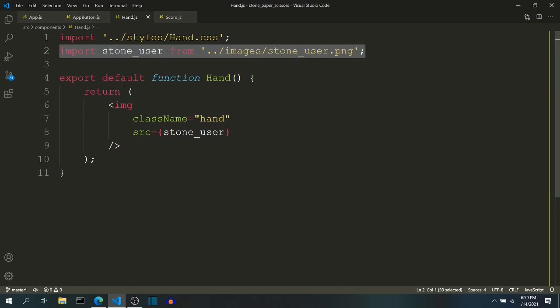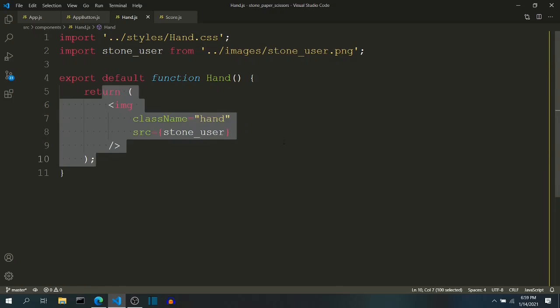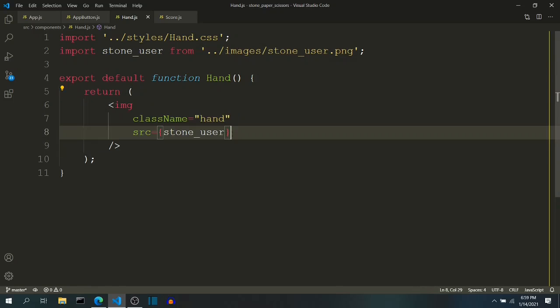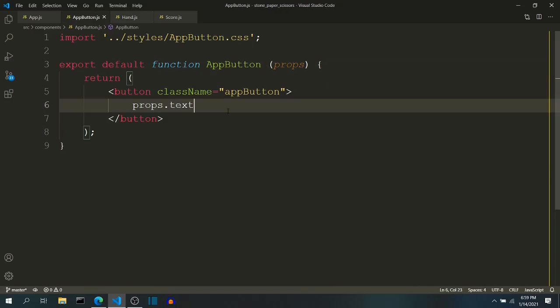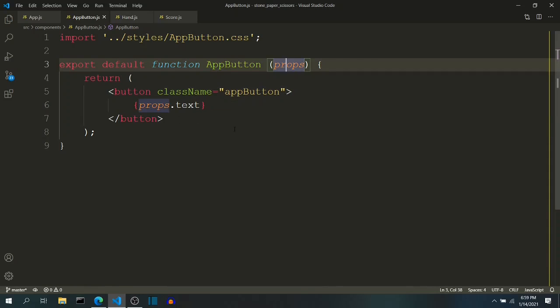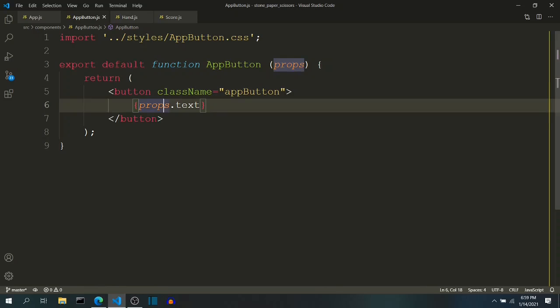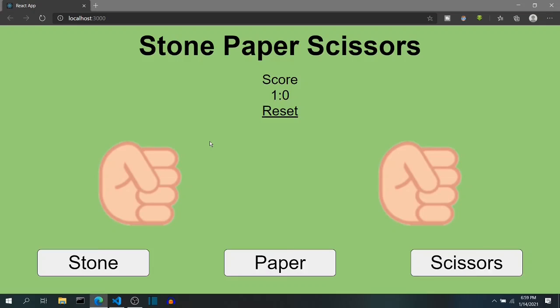that if we want to use a JavaScript expression inside our JSX code, we need to enclose that in curly braces like this. So in a similar fashion, props.text is also a JavaScript expression. So we need to enclose that inside curly braces. And if I save this, you can see that the color highlighting has been done over here in VS Code. So this looks more promising than before. And now in our application, this change has been reflected. So you can see that stone, paper, scissors is now visible.